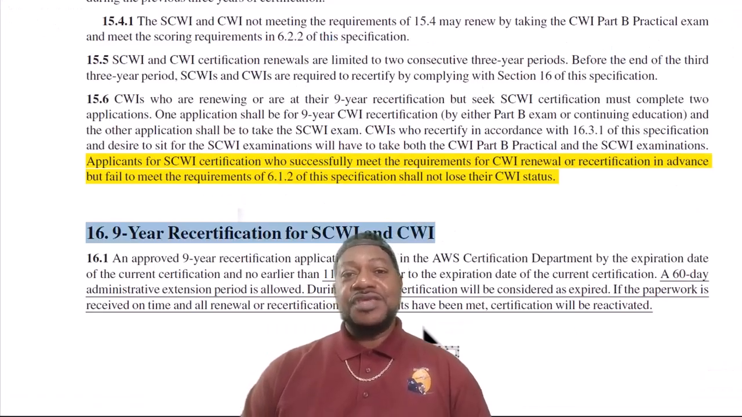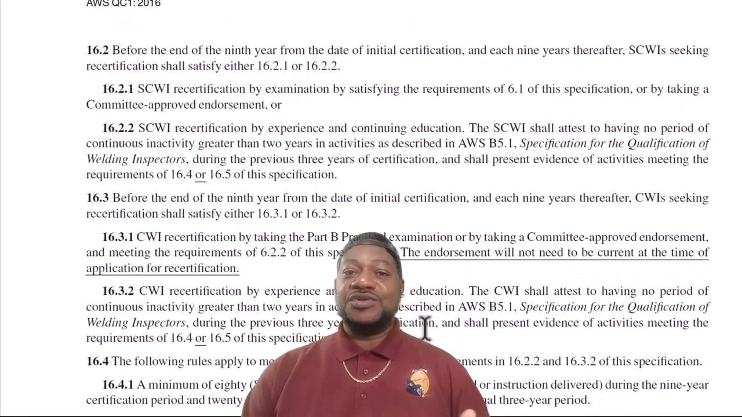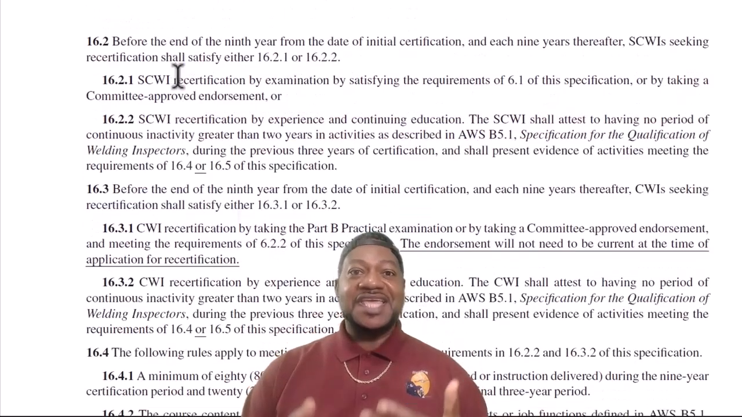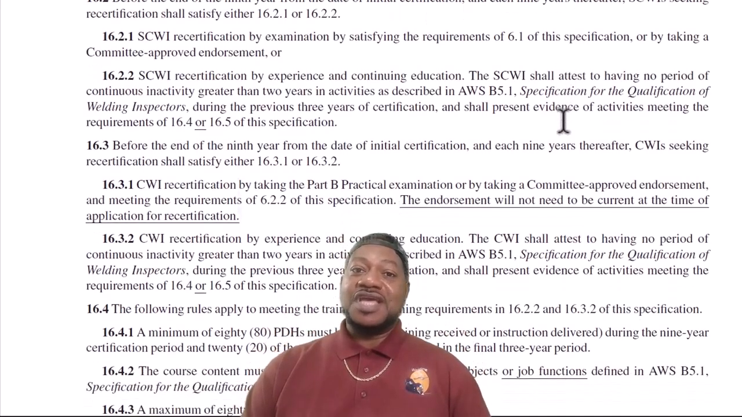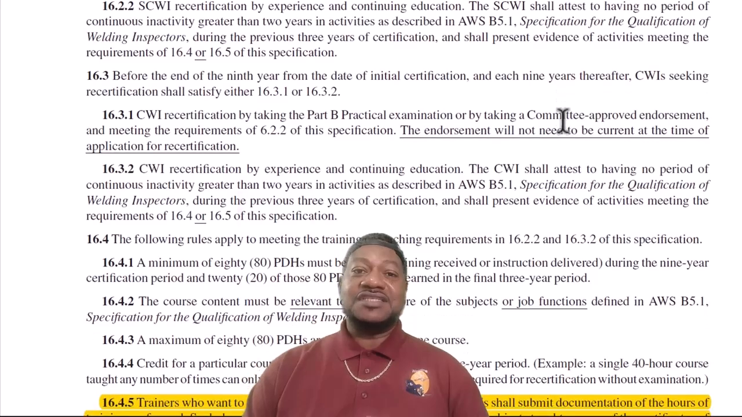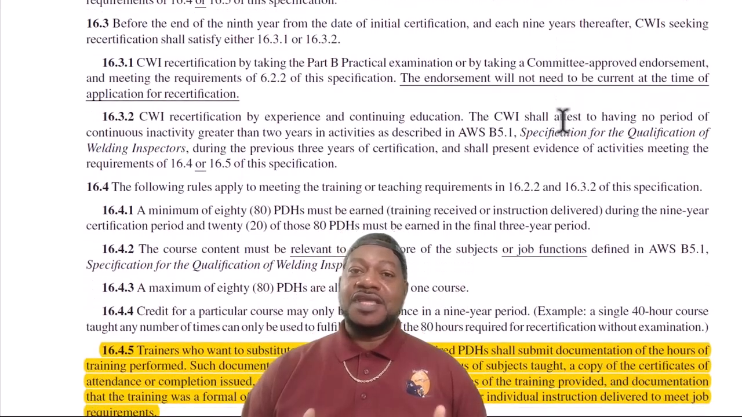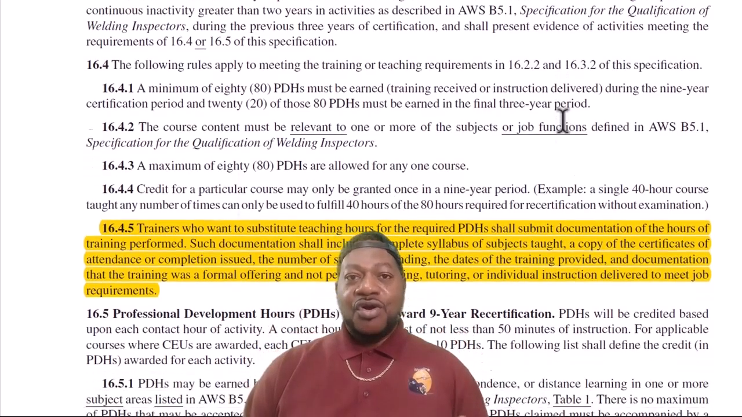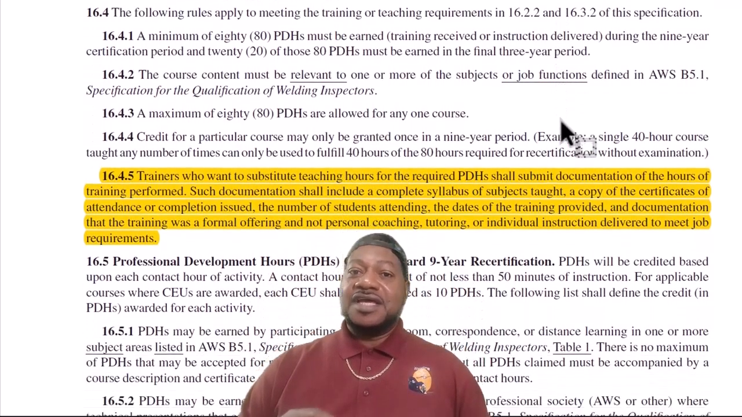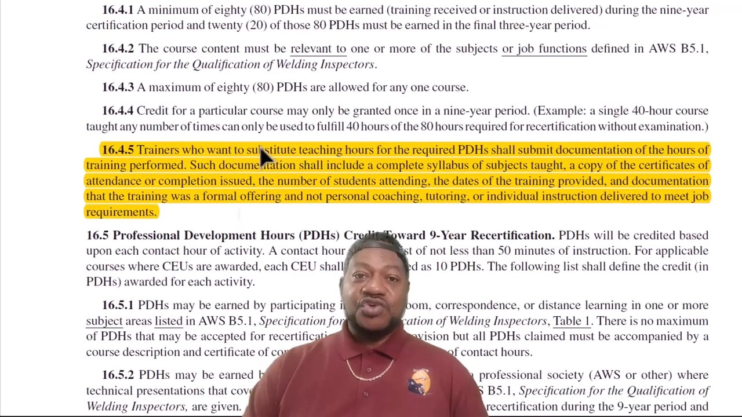So every 3 years you have to send in an application and pay money and get your renewal. But every 9 years you have to do the same thing, plus you got to take some continuing education. They call them PDHs, which is professional development hours. Or, if you teach, you could use your training. If you've taught 80 hours of training, it could be welding, it could be inspection or anything like that,